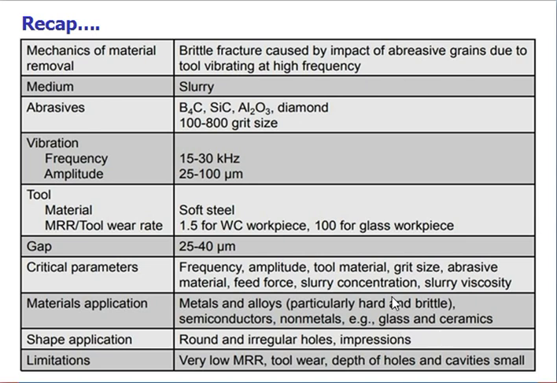Well, last but not the least, that is the limitation. As all of you know, under the non-traditional machining processes, under the mechanical mechanism, the limitation of USM is one and only, that it provides a very low material removal rate. There is a lot of tool wear also occurring because the tool works along with the workpiece in the presence of abrasive and slurry. So tool wear is one of the disadvantages of this particular process.